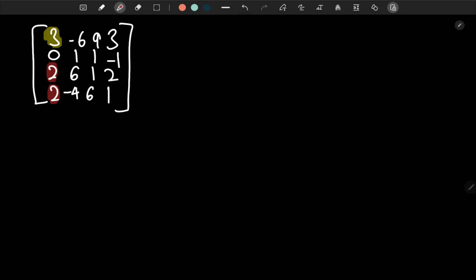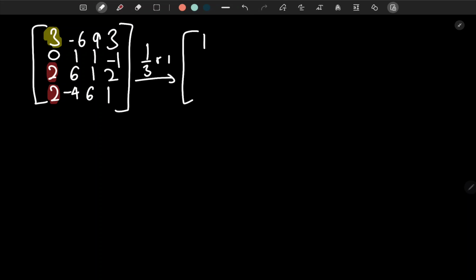So we could do row 1 multiplied by 2 over 3 plus rows 3 and 4, but it's always easier to convert the pivots into 1 to be able to do the calculations quickly and not have any fractions. So one thing to avoid is having fractions. It's going to be confusing and complicated. So here I'm going to do 1 over 3 R1. So this is going to give us